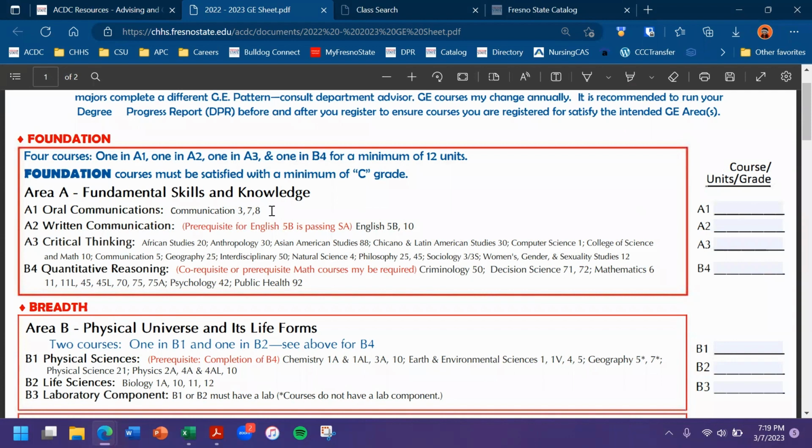And this can be beneficial if you're a person who does or does not like to speak publicly. If you don't like to speak publicly, you might benefit from group communication, where you can have a group to speak with, versus if you don't like groups, you want to take 3 or 7. And that's the energy we want to carry through the rest of the GE courses as we pick courses that are generally interesting or easier for us so we can focus on our major classes.